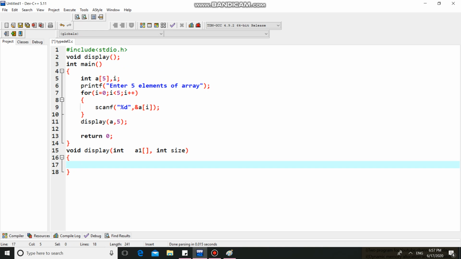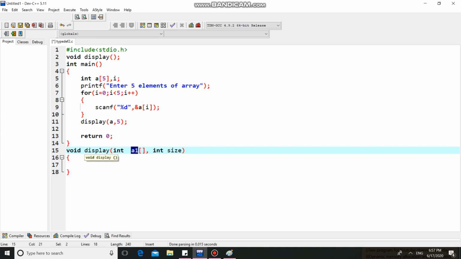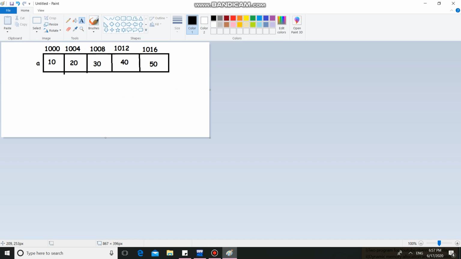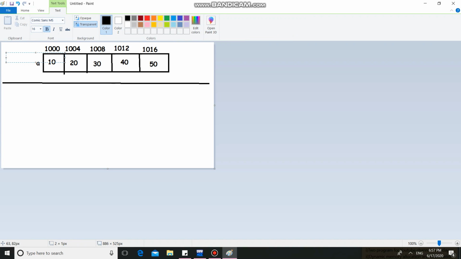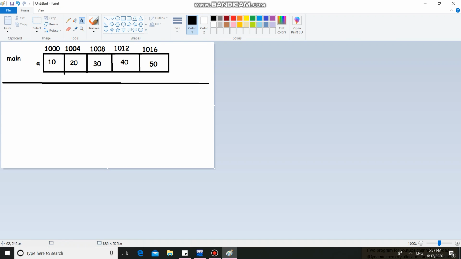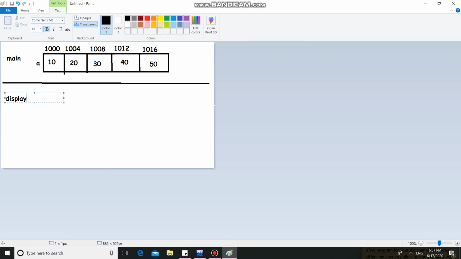Now see what happens here. We have passed the base address of the array to the display function, and in display we have collected that base address in another array, and at the same time we have passed the size of the array. Consider this is your main function and this is the display function.